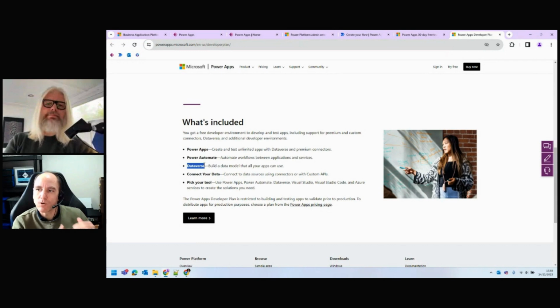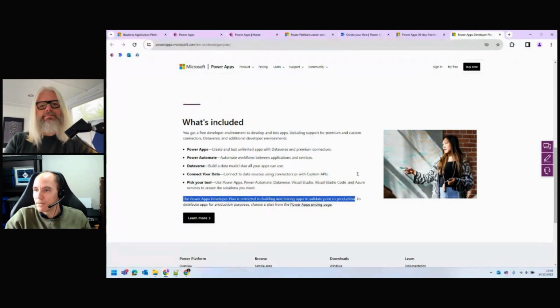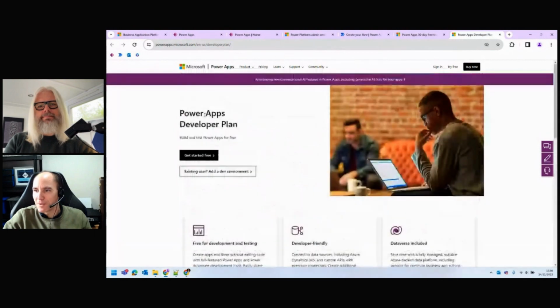It's really Azure SQL and a few other things under the bonnet, but it's got an abstracted GUI over the top. Now, when you use this developer plan, you'll get access to all of these, no time limit. The only caveat is you can't use it for production purposes. This is just for dev and testing, things like that. But hey, you've got an endless trial of using PowerApps. So this would be a top tip, the developer plan.